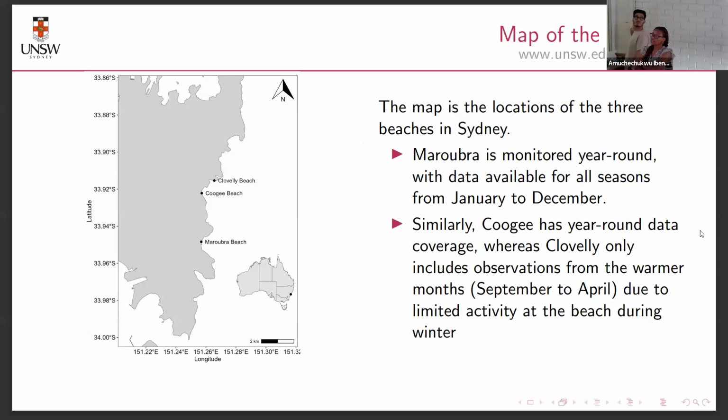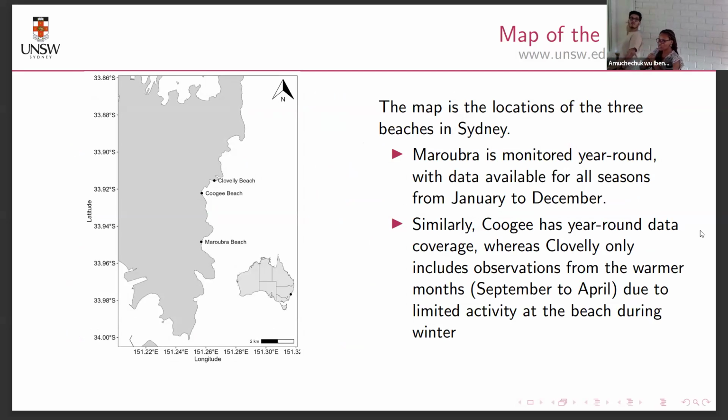And this is the map of the east of Australian beaches that we are considering. We considered 3 beaches, because the data set is from a Randwick Council report. So we had these 3 beaches: Clovelly Beach, Coogee Beach, and Maroubra Beach. When you look at the map, you could see that they are on the eastern side of